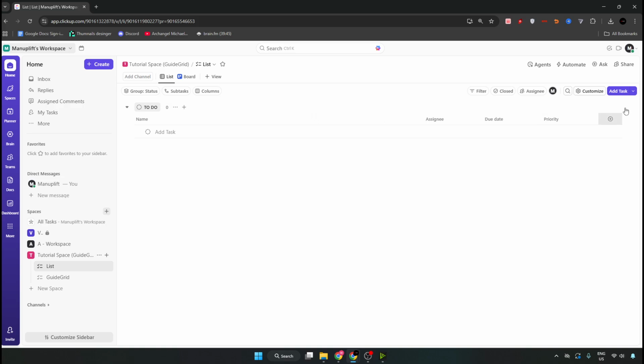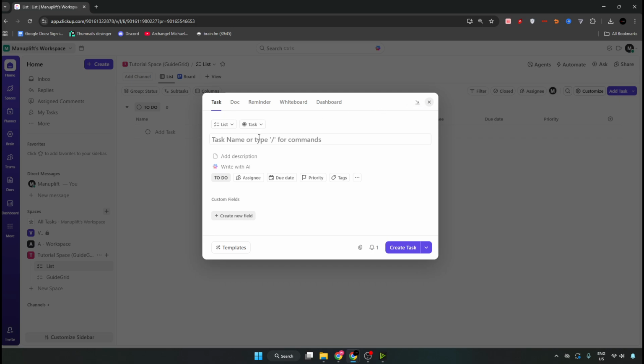So first of all, just open your ClickUp account and go on top right corner, click on add task and here give your task a name. For example, I'm going to give it how to create a task. Alright, now here,